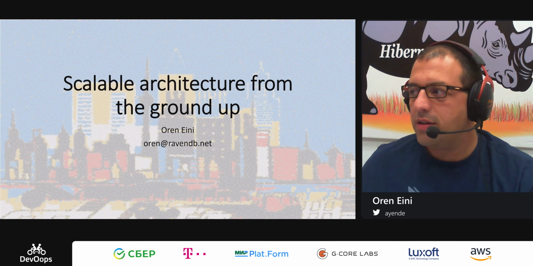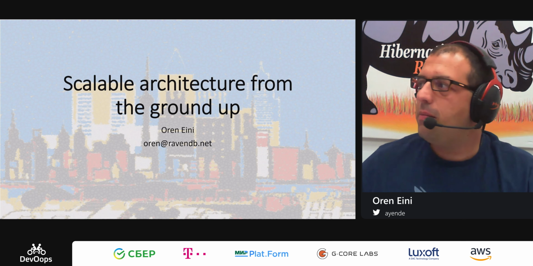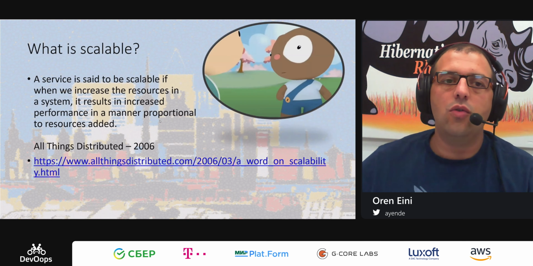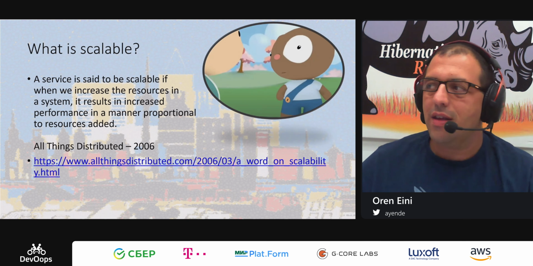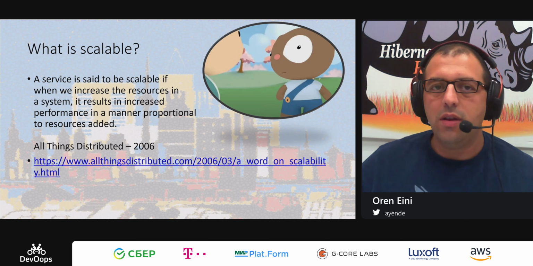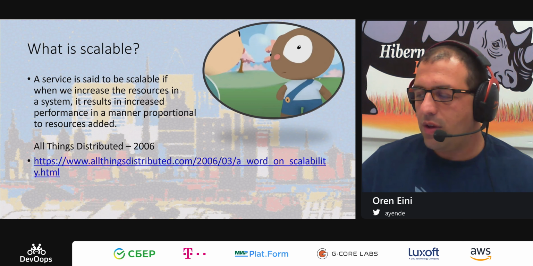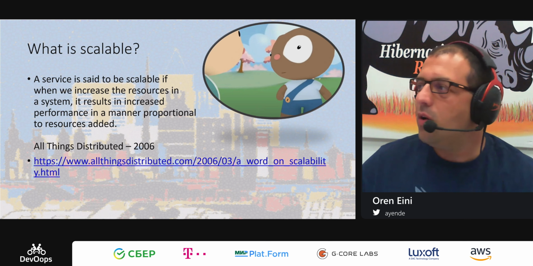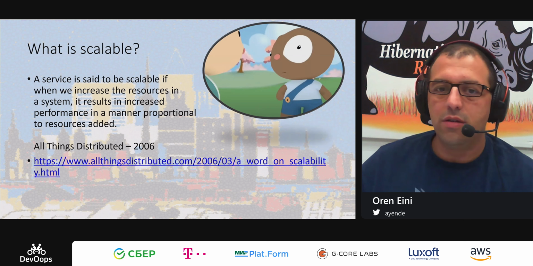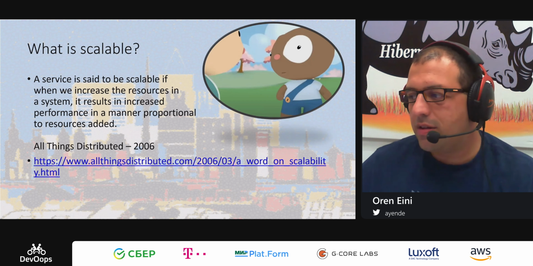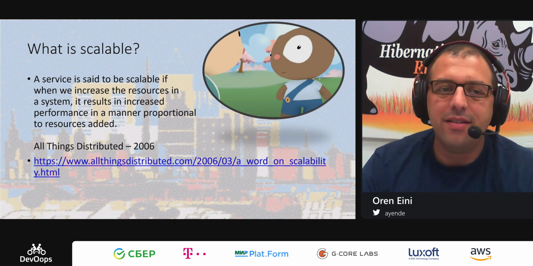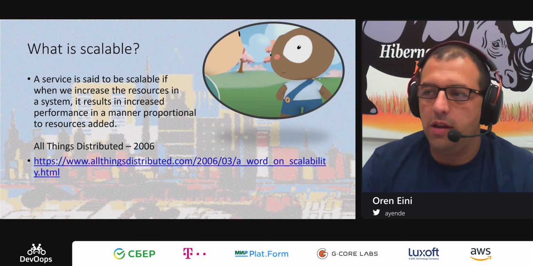Before we get started, I want to give you some idea about what is actually involved in capacity, and what it means to be scalable. There is a terminology that I really like, which is that in a scalable system, you add resources and the capacity increases in a proportional manner.